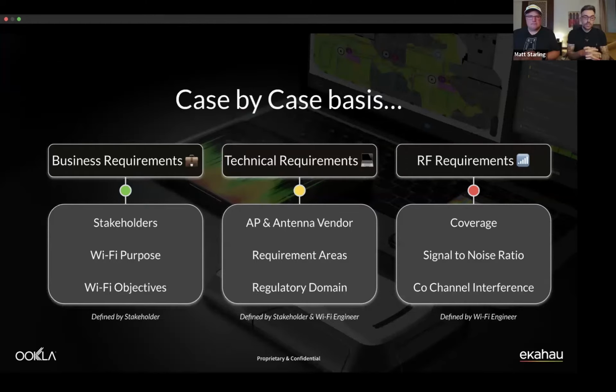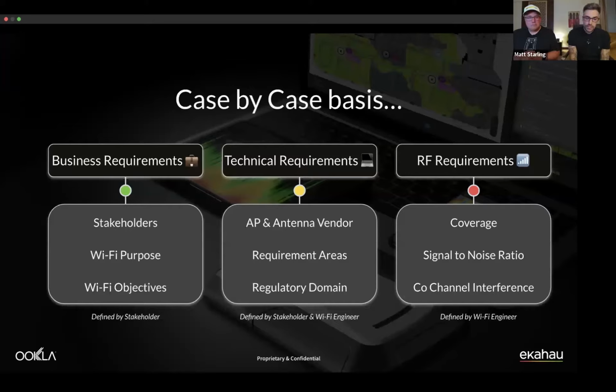So you should always sit down with a stakeholder and really understand what is the main purpose of this new Wi-Fi network. Are you looking to achieve voice and video over wireless, a wireless first office? Is it going to be fully redundant? Are you in a warehouse? Is it the scanners? Is it 24/7? Do you need to have complete redundancy in case something goes down? You've got enough nearby access points to cover that. And you need to understand what those requirements are. What are you looking to achieve from this Wi-Fi design that you're going to be doing?